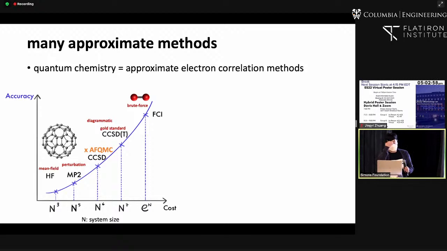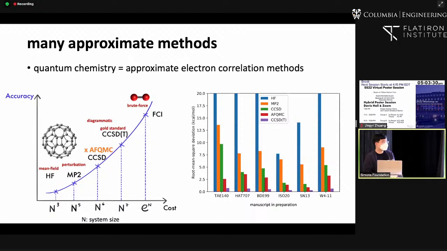And throughout this talk, I'm going to talk about this great outlier here, auxiliary field quantum Monte Carlo, or AFQMC. It's a great outlier in the sense that its cost is somewhere between n to the 5th and n to the 6th. So it's more expensive than MP2, but cheaper than CCSD in an asymptotic sense. And its accuracy is surprisingly better than CCSD and a little worse than CCSD(T), or sometimes it could be even better. And of course, these points are based on empirical studies that we've performed in the past